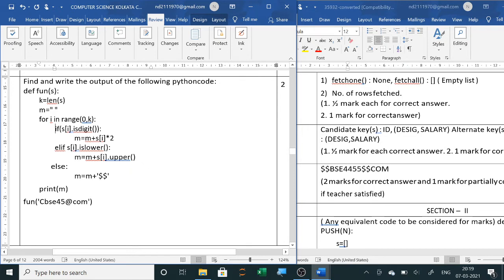Else $. So capital letter, that is C, will be replaced by $, as well as @ will be replaced by $. So here you can see the answer. In place of capital letters and @ and special characters, $. If it is a small letter, then capital letters. If it is a number, then it will be repeated, because here we have used string into 2, which means it will be repeated 2 times.